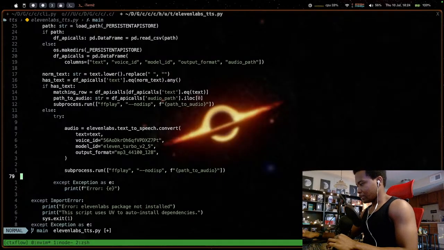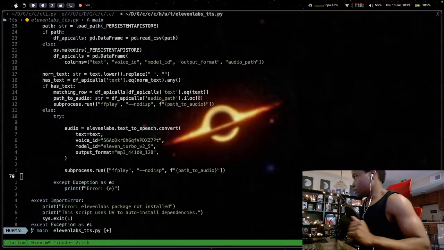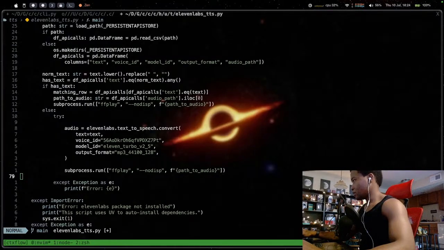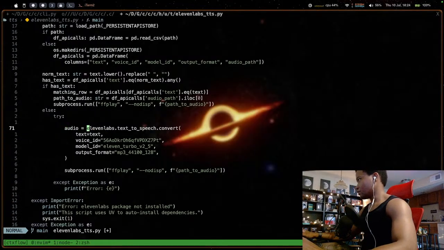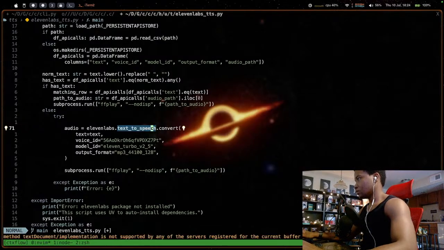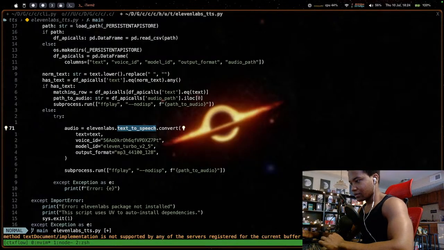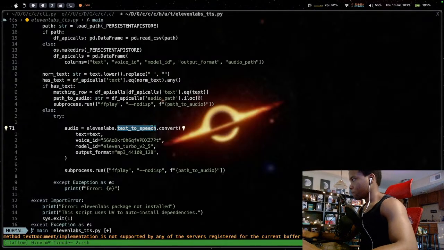I don't know what 11 Labs returns. I don't know what that audio is. Is that an audio file? More than likely, it's just raw bytes, probably. Text to speech. What do you get? I have absolutely no way of knowing. I look at the docs. Text.